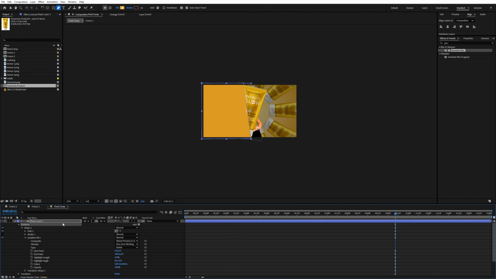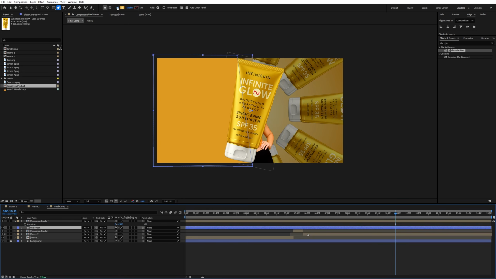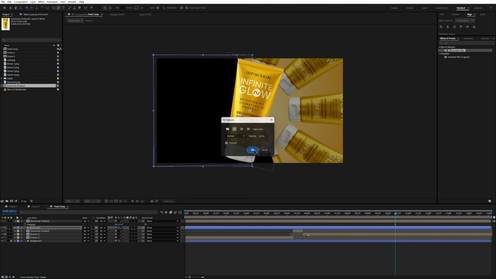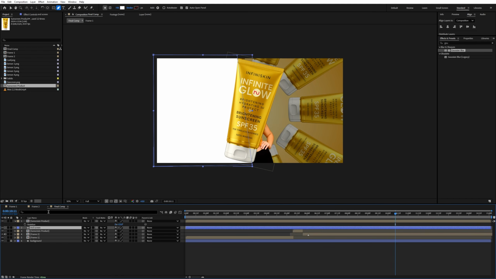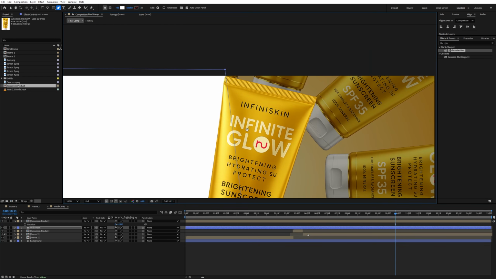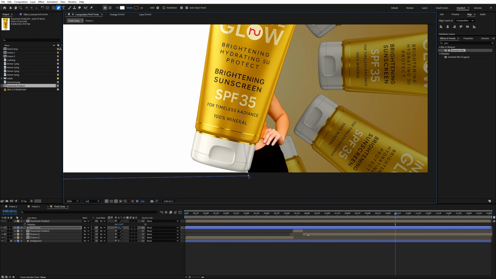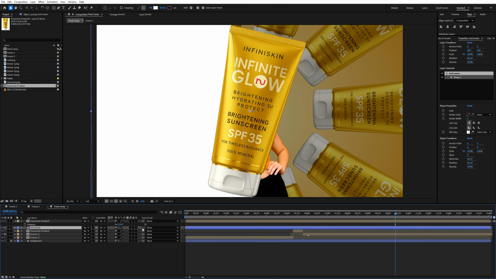And now I'll name it end screen and move it under of the Sunscreen product. Now we will change the color of the end screen. So click on the fill and make the solid color and hit OK and change the color to the white. Now adjust the end screen carefully and fit screen. Now guys, make the end screen parent with the Sunscreen product like this,